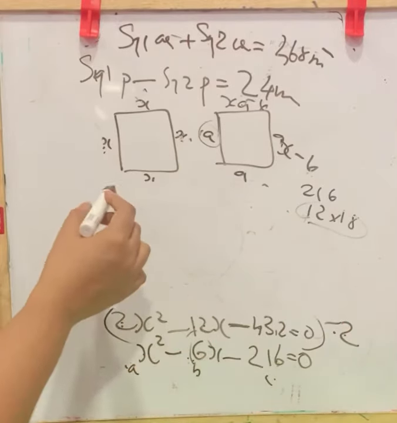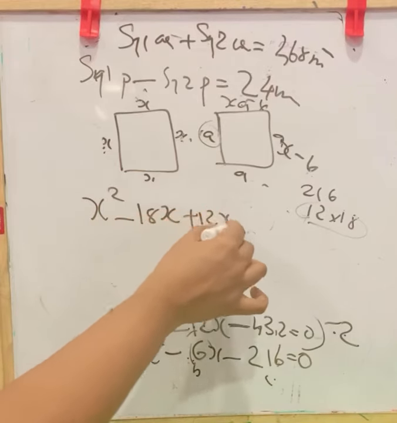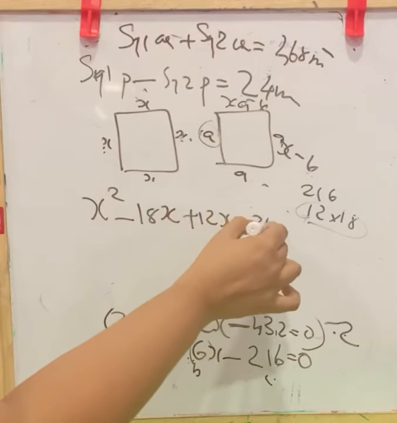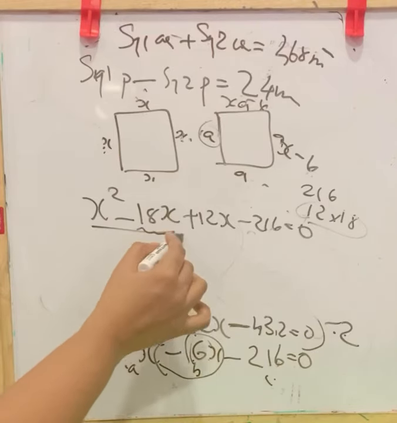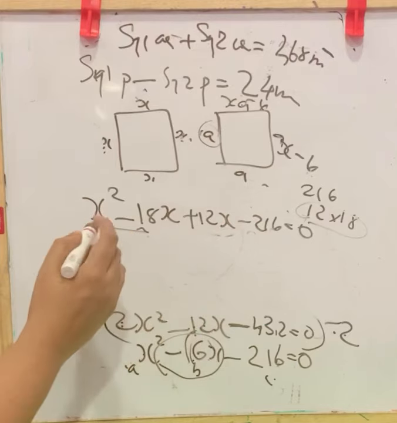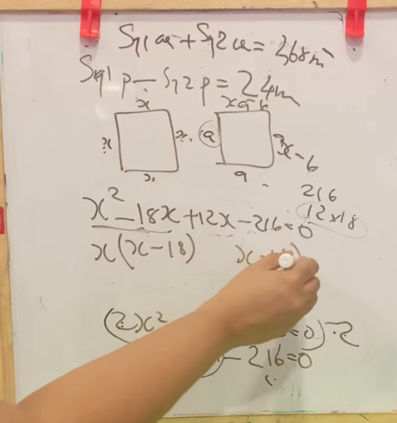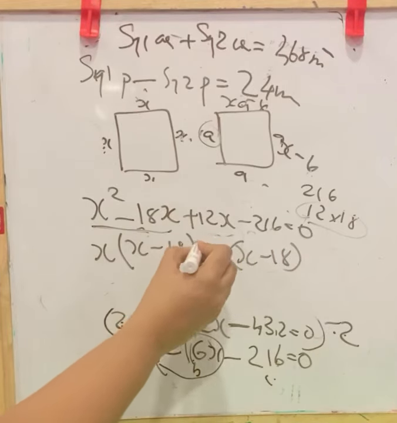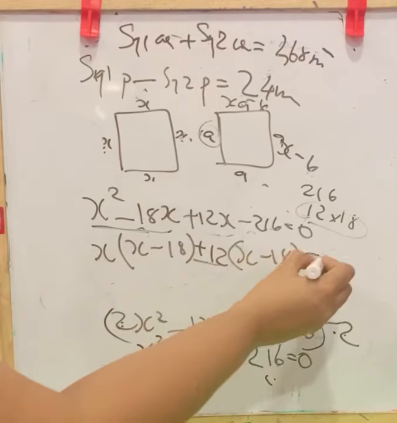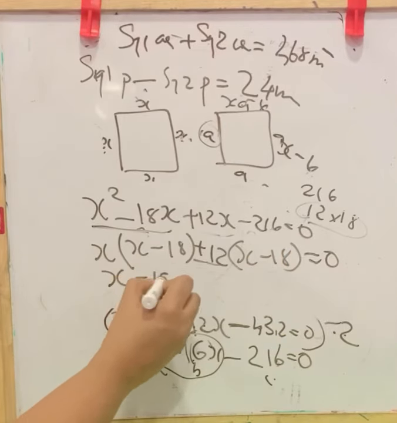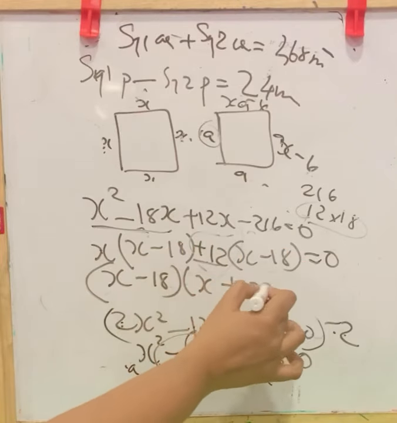So we can split this like x square minus 18x plus 12x, that is minus 6x, minus 216 equal to 0. Now from this minus 6x we split that to minus 18x and plus 12x. Now from these two terms we will take x outside. Here will be x minus 18. Write x minus 18 here. Dash into x, 12x, that is plus 12 into x is plus 12x. Plus 12 into minus 18, minus 216 equal to 0. Here the x minus 18 bracket is common. Here we have x and here the bracket is taken. We have plus 12 equal to 0.